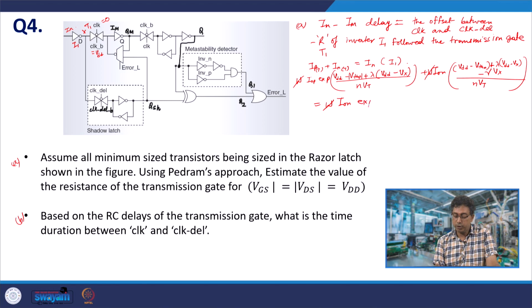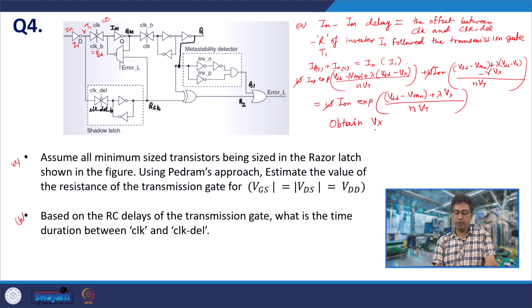ION exponential. Now, what is its VGS? VDD minus VTHN plus lambda VDS, which is Vx, minus body effect, which is 0, body voltage NVT. So, this we equate, and we obtain